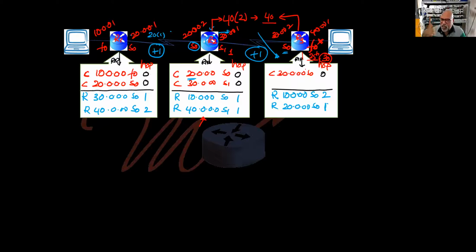Now when the network is down, I have another 5 seconds to tell the next guy. Is that fine? But router 2 has only 1 second left. So that means 4 seconds before router 3 tells router 2, router 2 told router 3 that, hey, I have the 40 network with me, because he has 40 in his routing table. That's an interesting situation, isn't it?